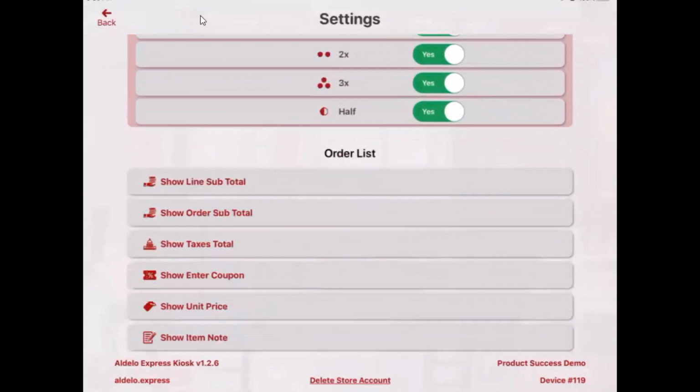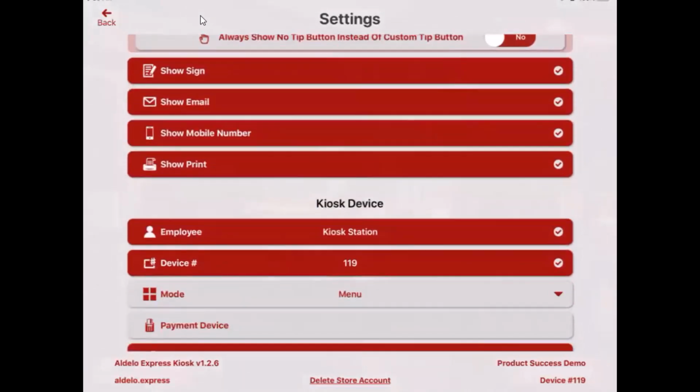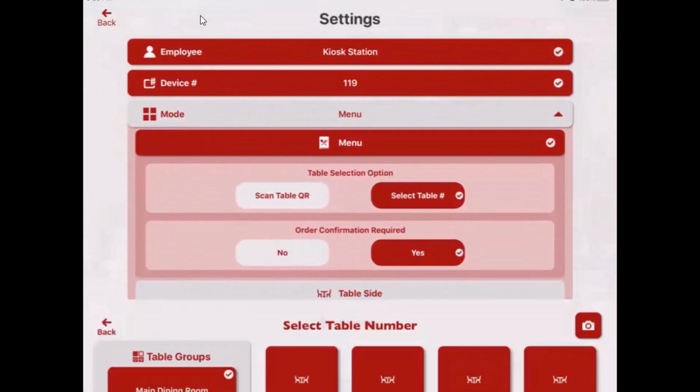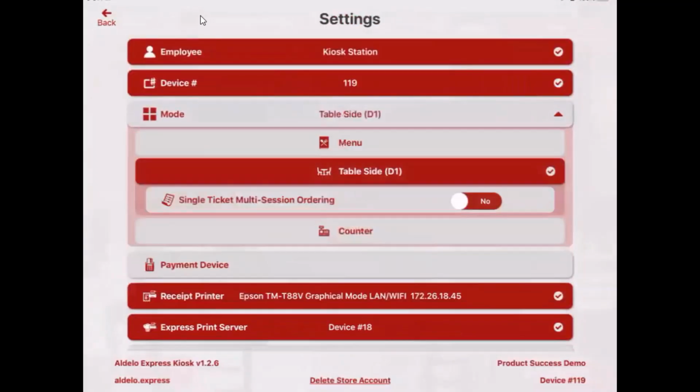But the next option is the table side. Okay, so we'll go table side here. And we do have to define a table number because this device will be tied to that table. Okay, then you have an option for single ticket multi-session ordering. This will allow the customer to push orders through repeatedly without the order closing out. If this is turned off, once they submit, the order closes,